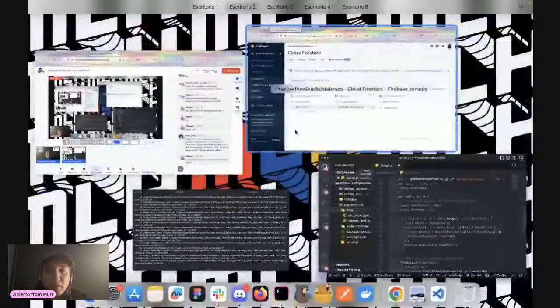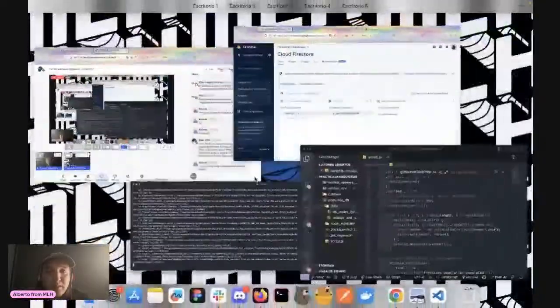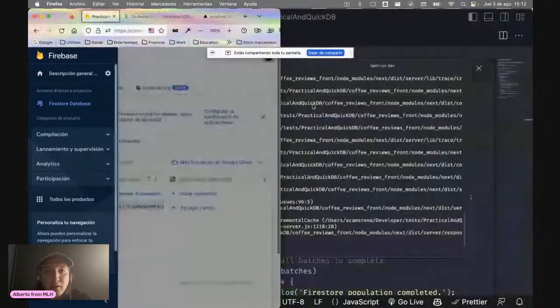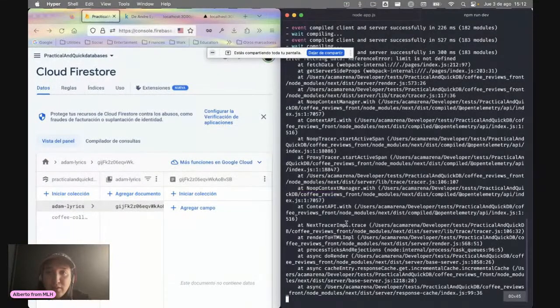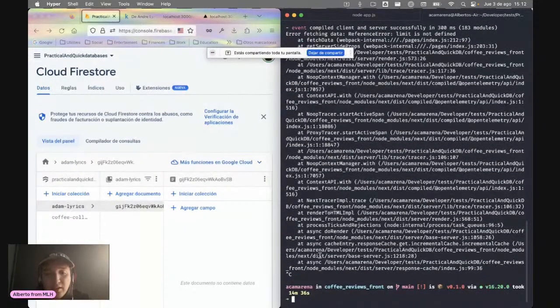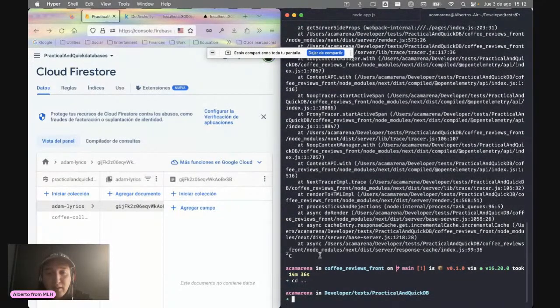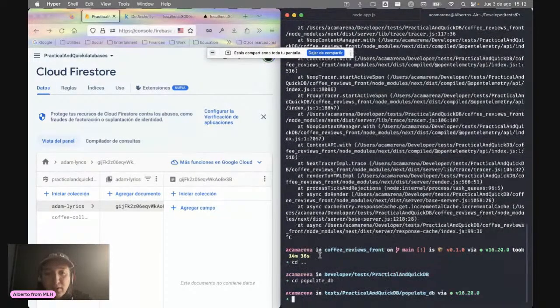So now we go to here and we go to here again, real time. Let's close this. We need to go back to the populate folder and we need to node run the script,